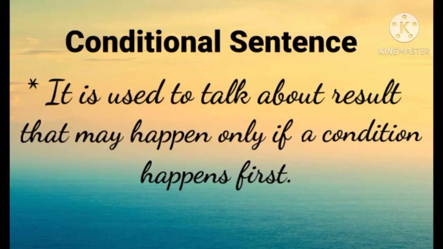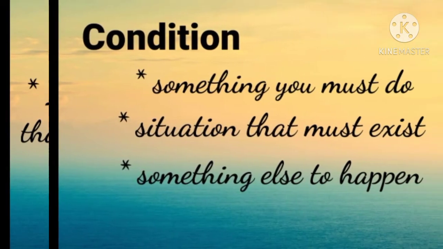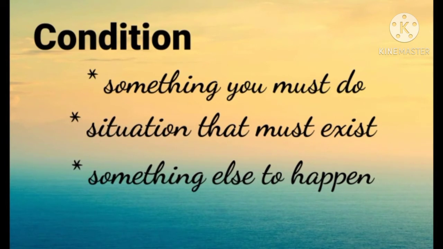Conditional sentence. It is used to talk about results that may happen only if a condition happens first. So a conditional sentence, in short, is about describing a state, an exact scenario, or a specific situation. Conditional sentence is derived from the root word condition, which means something you must do, a situation that must exist, or